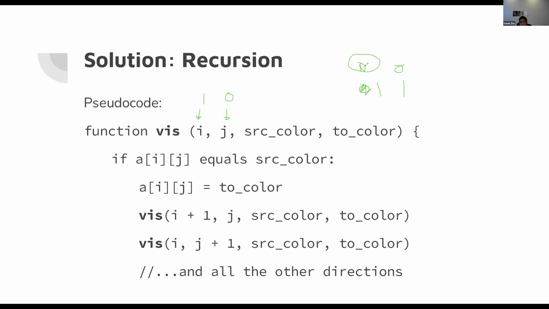This actually is also 0, so you just change it to 1, and then you go to the other directions. Let's say you come here. This is also 0, so you change it to 1. And actually, this does work, but